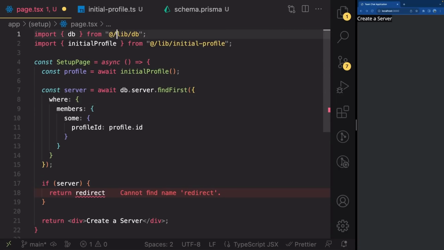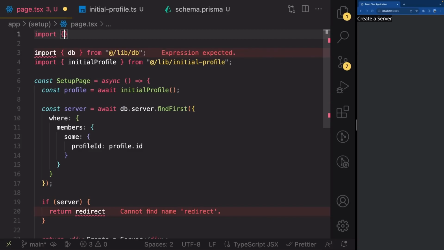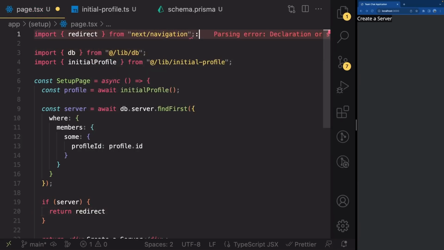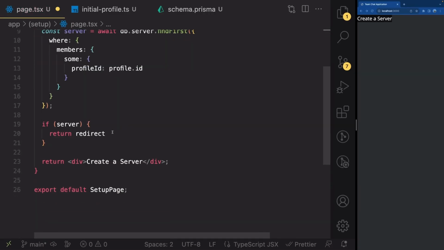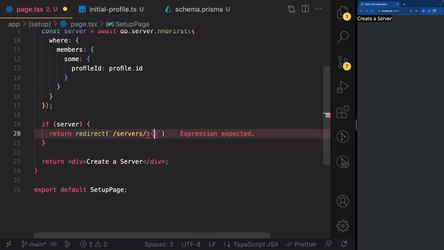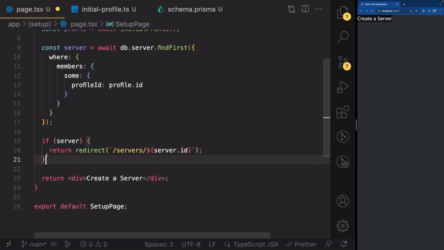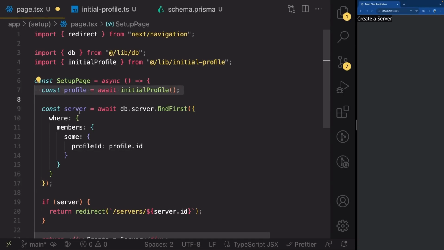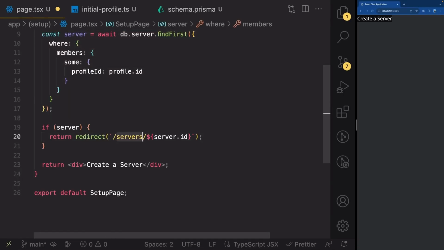You can import it. Let's do it manually. So import redirect from next/navigation, like this. Great. So redirect, open brackets, open backticks, /servers/, open this special object, server.id. So if we manage to find a server that this profile is a part of, we're gonna immediately redirect them